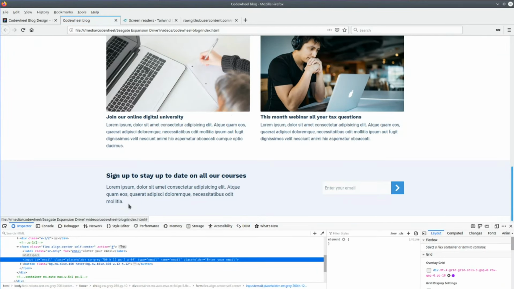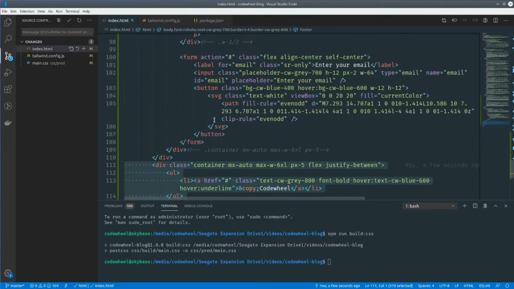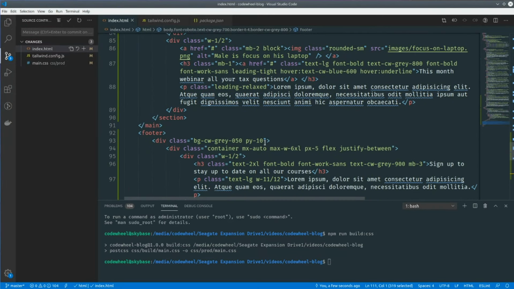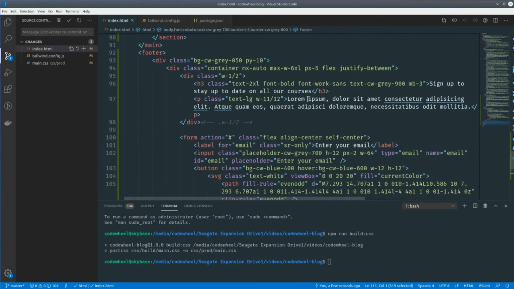Okay, we also going to need to add a padding onto this element too. So if we add up here,